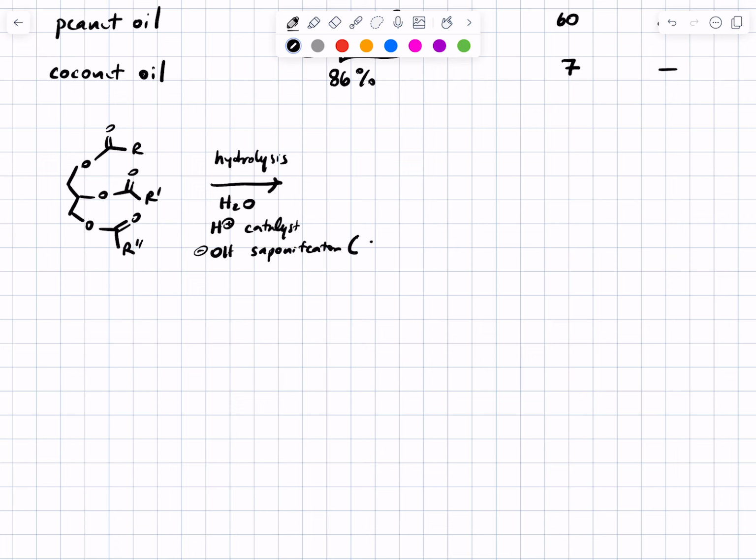Think about how our ancestors made soap, and we've already talked about that. Or you could use an enzyme to do this. Enzymes that break the ester bond in triacylglycerols are called lipases. But the impact of the hydrolysis reaction is, as you know from hydrolysis of esters, to release the 3-carbon alcohol and the 3 long-chain fatty acids. So that should be review. That should not be surprising at all to you.